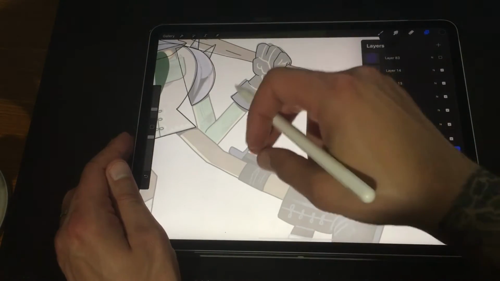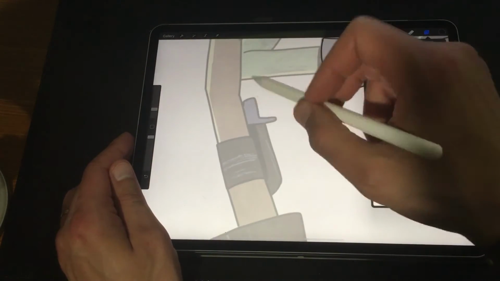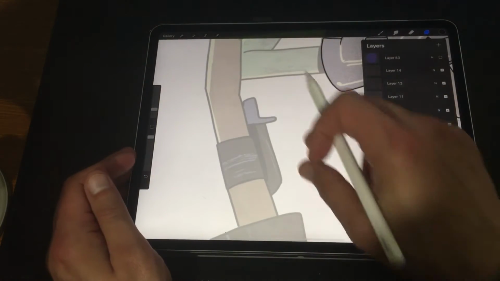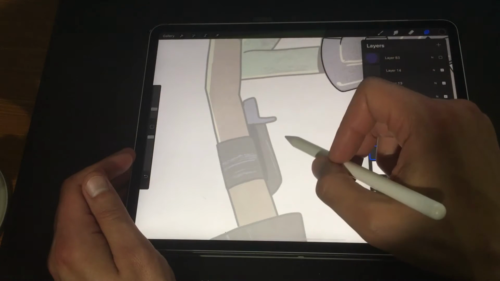So for this little knife thing, this is going to be something that sticks to the final rig. So I'm just going to do the